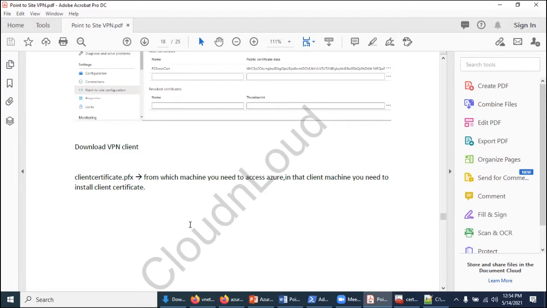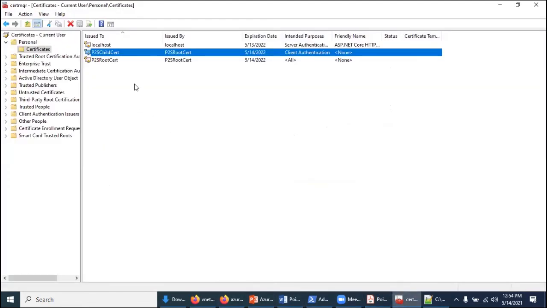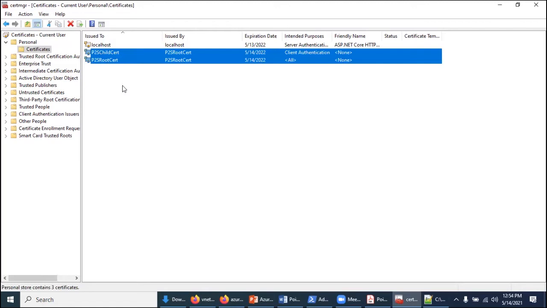Since we have created it on my machine, this is our POC. So you need to first delete this certificate if you really want to understand. But you take a backup of this certificate, you delete these two certificates, then you test it, then it will work.